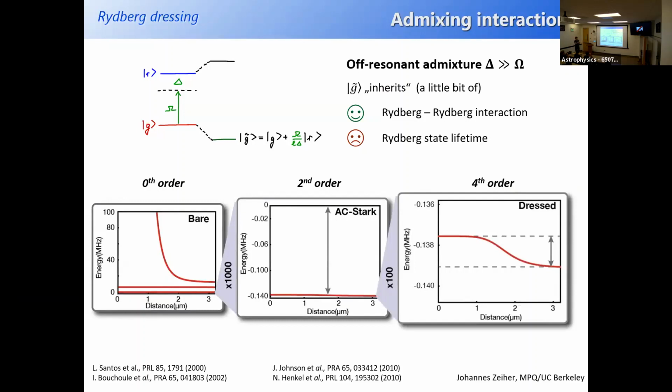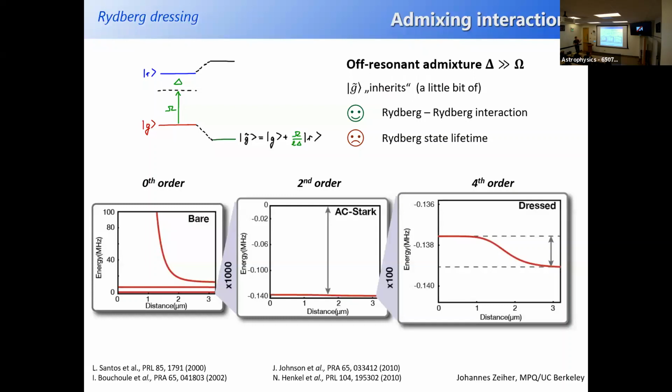So you can actually see in this case that admixing some Rydberg interaction to the ground state gives rise to an interaction, and it's actually a very characteristic interaction with a plateau here, and then a decay, and the decay is again 1 over r to the 6. But it's at a much smaller energy scale. But of course, we've also bought a lot of lifetime that you don't have to worry about, because you're basically still in the ground state. You only get a little bit of decay because you admix the Rydberg state.